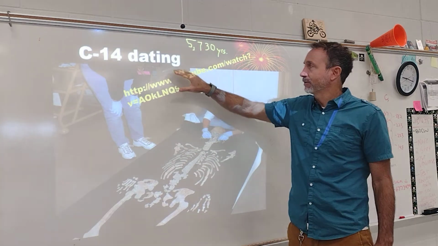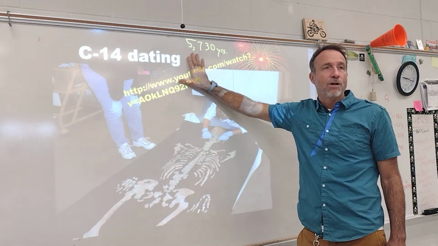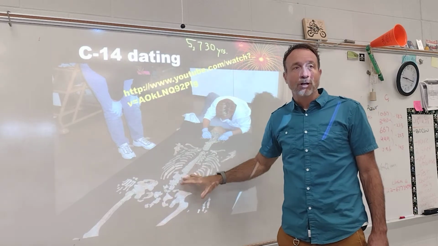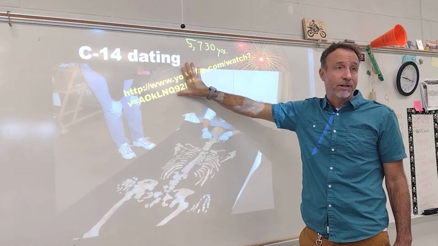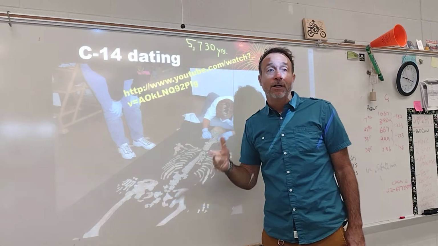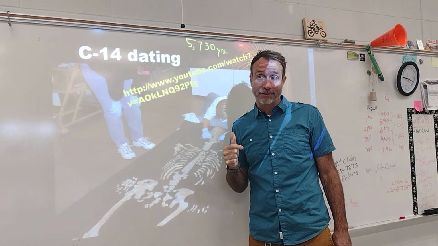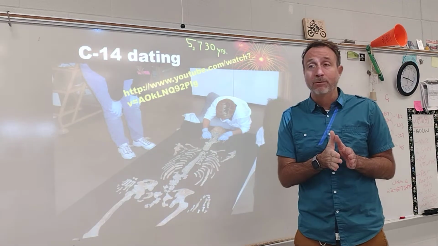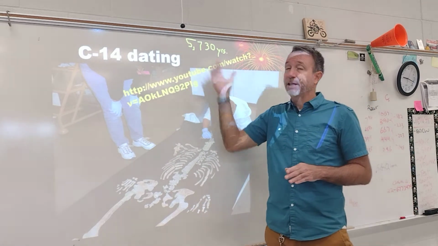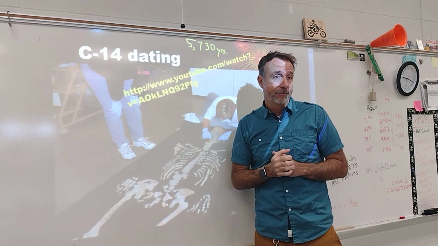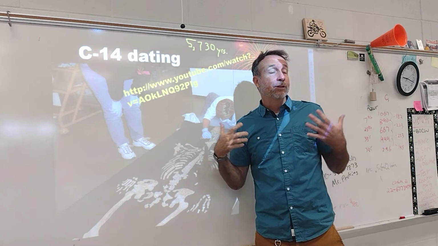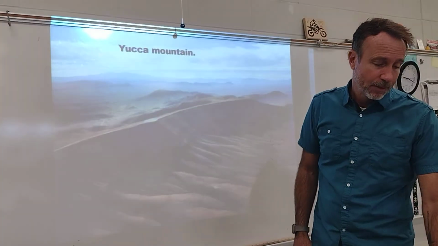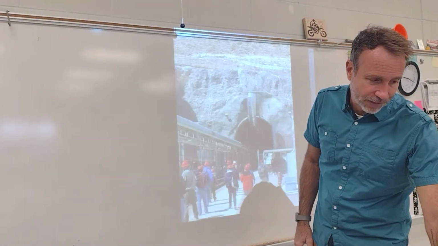And then 5,730 years later, only half of that carbon-14 was left. And then after another 5,730 years, only half of that half was left. Does that make sense? So however much you have, half of that will disappear every 5,730 years. So this creates some interesting little math problems, right? When we think about doing half-life problems,